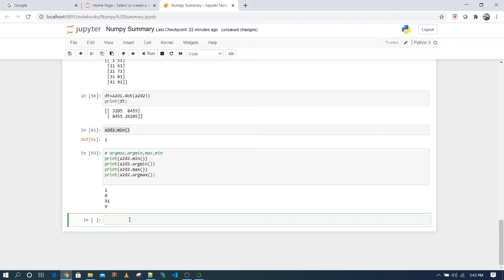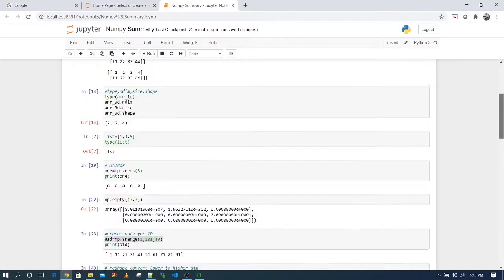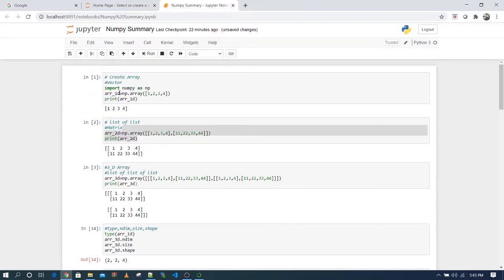And now if you want to find the sum of a matrix, suppose I have a 1D array. Initially I have this 1D array.